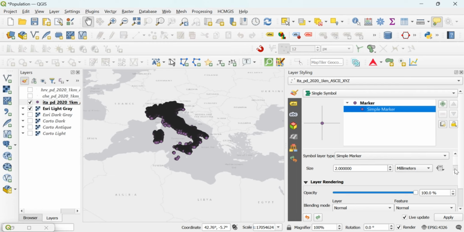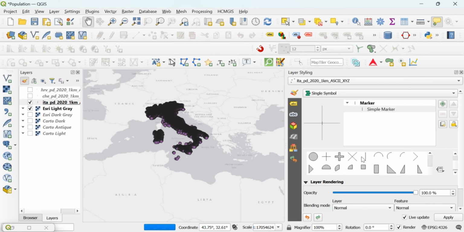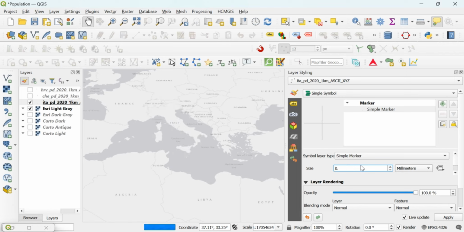We will use a simple marker, and there are a lot of markers we can use. What is showing now is the point, but we will use this one. Then we will also try to adjust this. You can try to change the values or experiment with different values to see if you get very good results. I will start with 0.28.